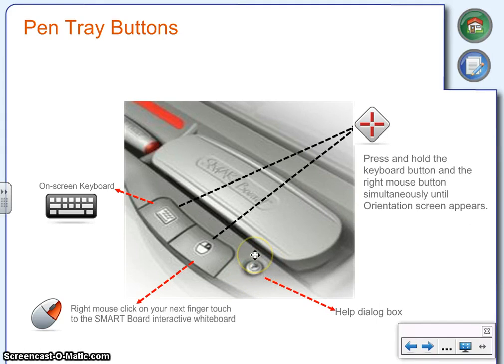If you ever need to align your SmartBoard, and this may happen in the middle of a lesson, in the middle of a PowerPoint presentation, in the middle of one of your Smart Notebook presentations, and you just need to realign your SmartBoard. If you hold both of these buttons together at the same time, you will get another screen to pop up. So if I hold them both together,